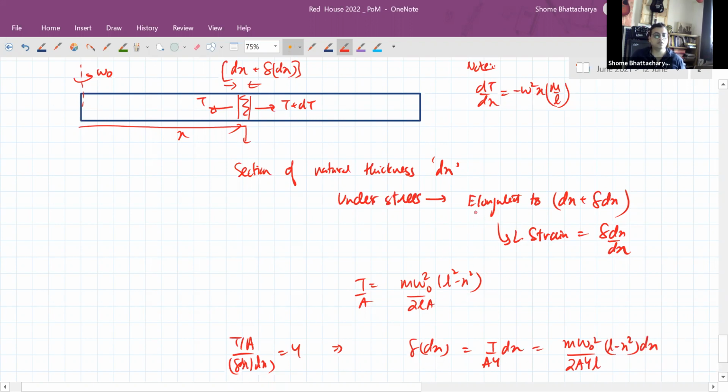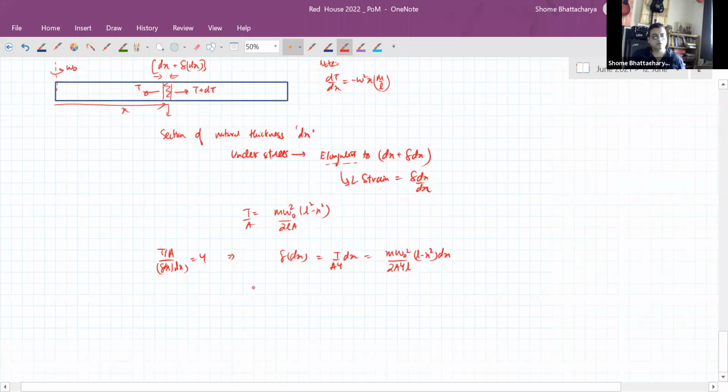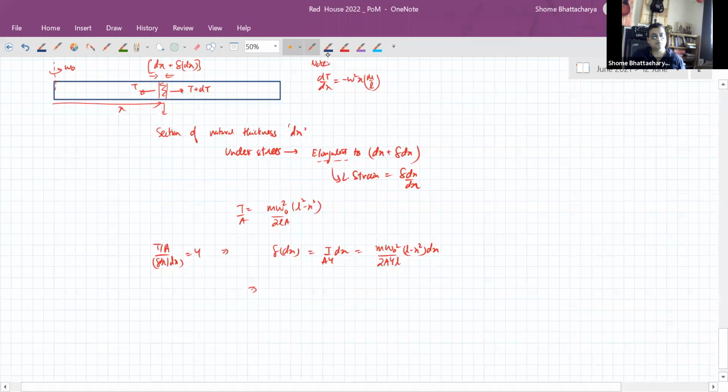So this is the elongation that small section is under. So the total elongation of the rod will be equal to